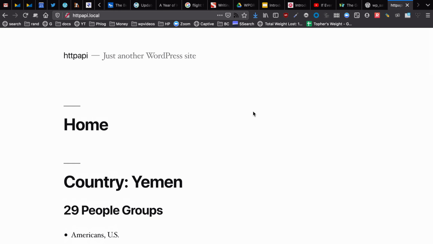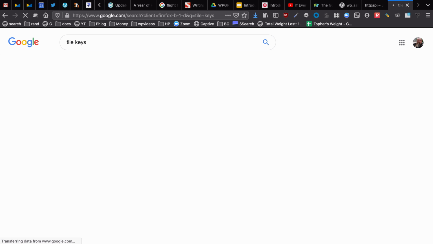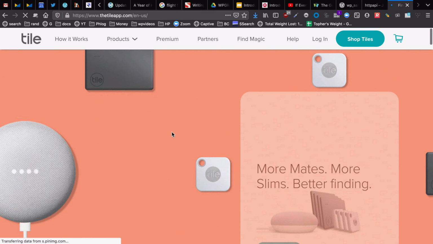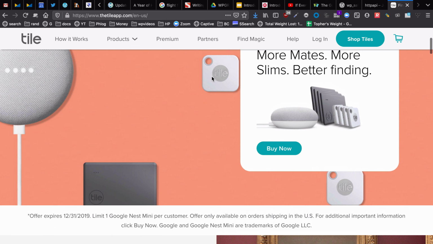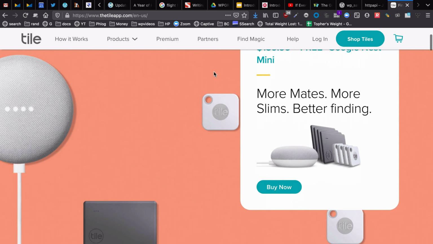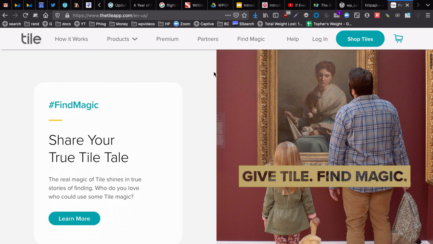Okay, so ever heard of a Tile? Find your keys, wallet, and phone with Tile. This thing right here is about this big, fits on a key ring, works over Bluetooth, and if you pay enough, I think Wi-Fi. And your account has an API, so you can literally find your lost stuff via the Tile API. My daughter's asking for these for Christmas.